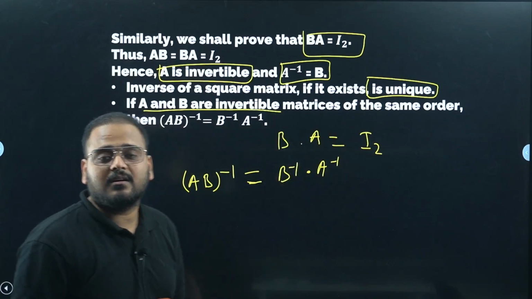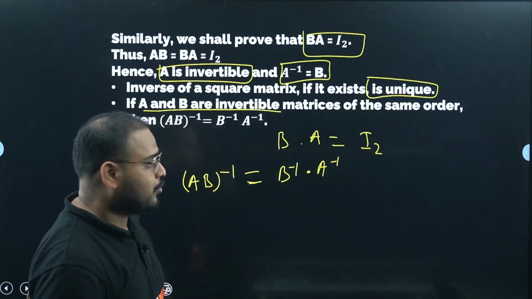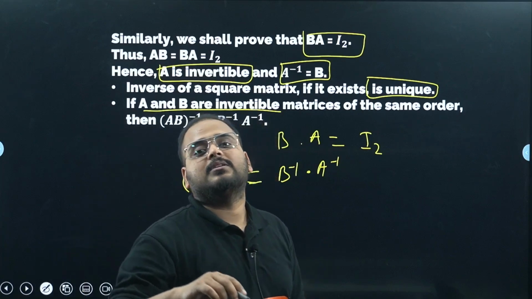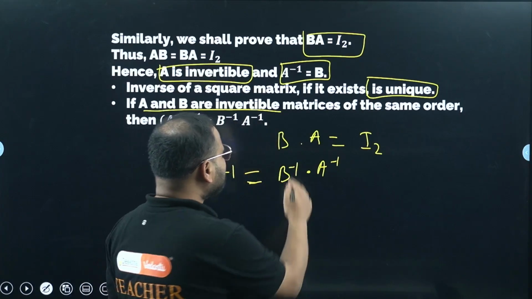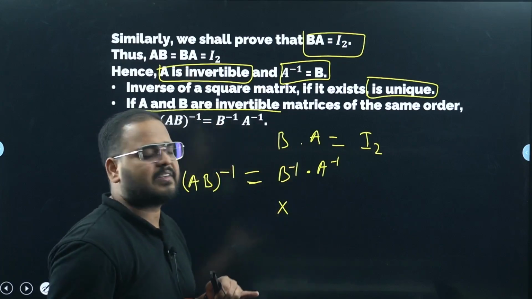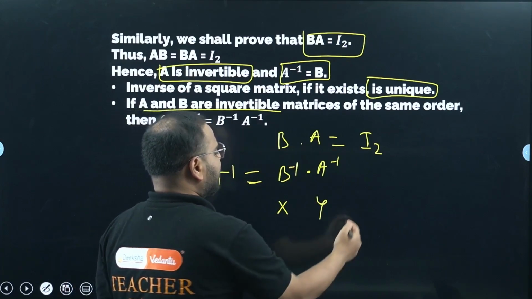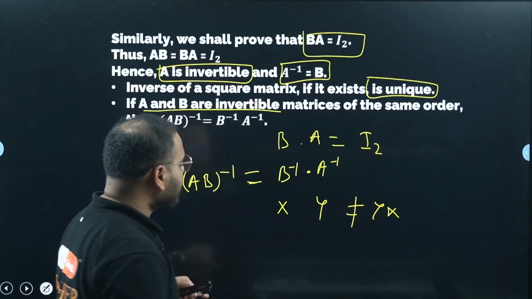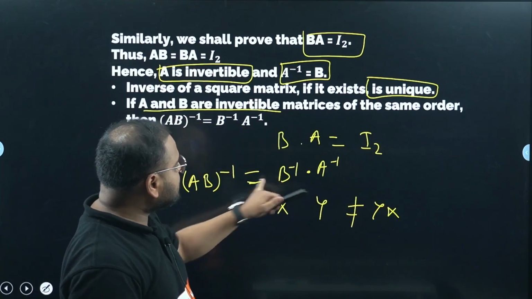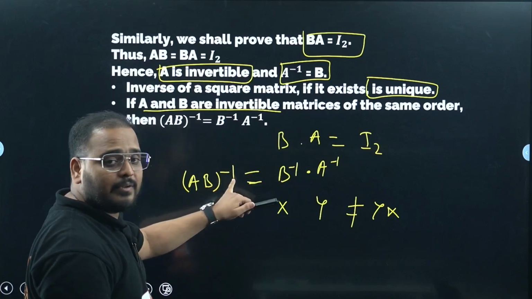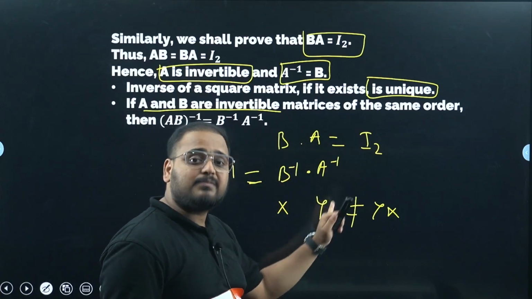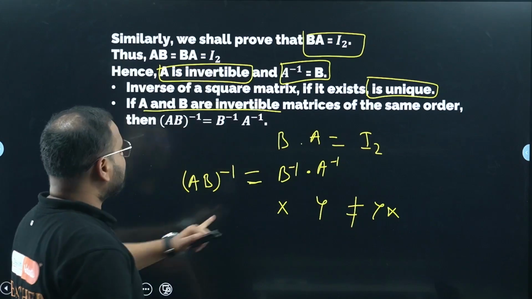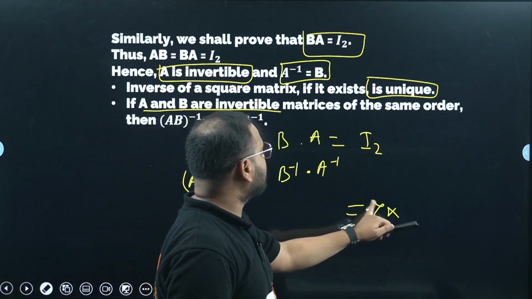Then you might say, sir, can we not change the order? No, right? Not all the time is BA equal to AB. Sir, but this is an inverse, no? I can take this B inverse to be some other matrix X and this to be Y. Can I say XY is always equal to YX? Not always, sir. This will always remain like this. So the inverse of AB will always be B inverse times A inverse. B inverse will always come in front, because XY is not always equal to YX.